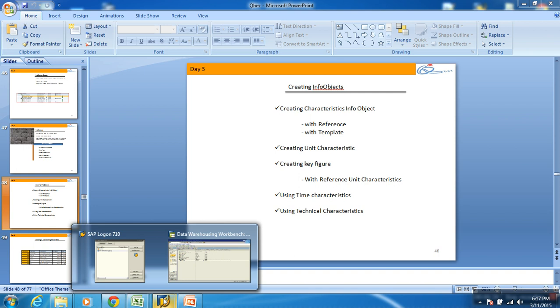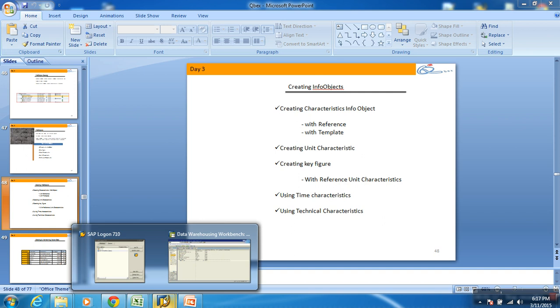That's it. Okay. So when you go about building any of these structures, whether it is master data or cube or DSO, whatever it is, it's always based on what? Info objects. Always based on info objects. And once the info object is created, it can be reused in n number of structures. Clear on this? Yeah. So now we have already seen that we have different types of info objects: characteristics, key figure, unit, time, and then what? Technical characteristics. Simple. Any field on which you cannot perform an aggregation function becomes a characteristic, and any field on which you can perform an aggregation function becomes a key figure.